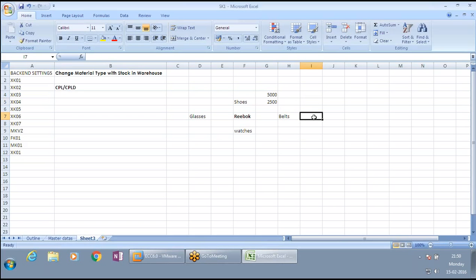Likewise, there are belts also. There was an order of the same kind for all; let's assume the same thing happened for all the products. Who is the person responsible for the shoes? Still Reebok. For belts? Still Reebok. For watches? Still Reebok. For glasses? Still Reebok. What if I had a direct line to the team which takes care of only shoes, only belts, only watches, and only glasses?